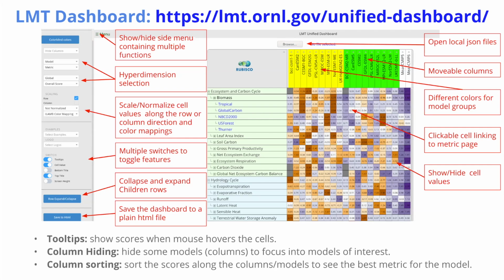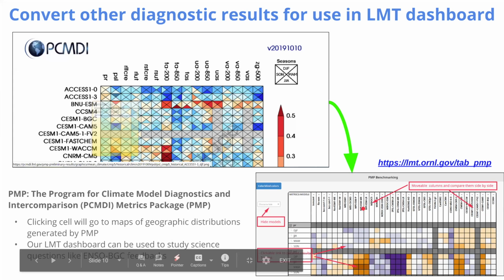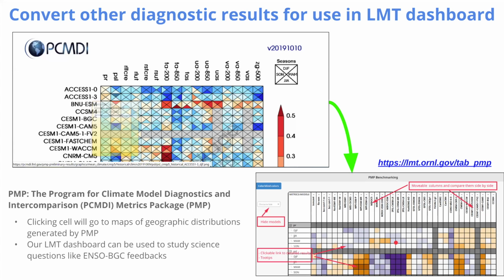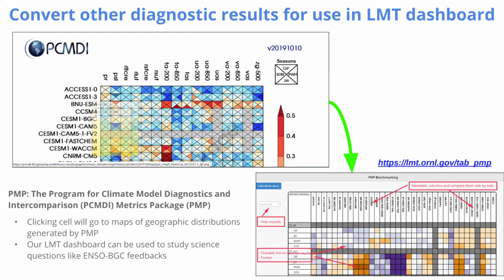The nice thing about the unified dashboard is that it reads standard JSON files, and we can take somebody else's diagnostics, for instance, those produced by the PCMDI metrics package, and put our front-end dashboard on the front of their diagnostics. And so you can do the same thing here, and you get this interactive capability. You can click on a box and pull up any one of their diagnostics. And we can host this on our website. So the people who ran those other diagnostics may or may not even know that we have this other dashboard working. And the idea here is that we want to be able to combine lots of analysis capabilities from different packages together and provide a single unified interface for users into that information.